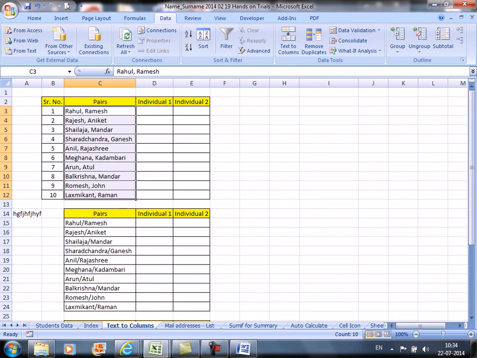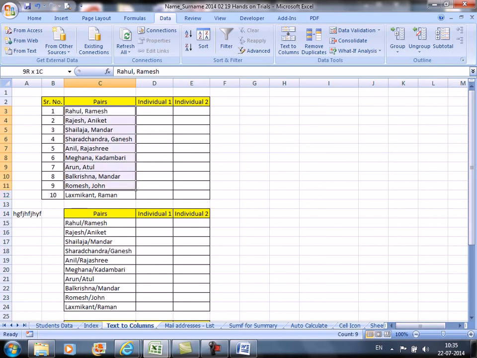One most important thing is that the contents should have a certain discipline of separation for separating them into different cells or different columns. With this utility you cannot separate into different rows. By default it separates into columns.